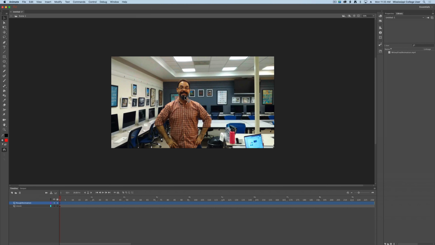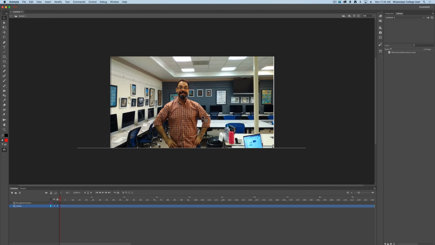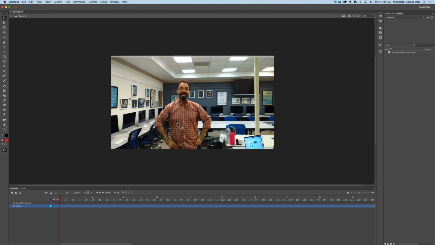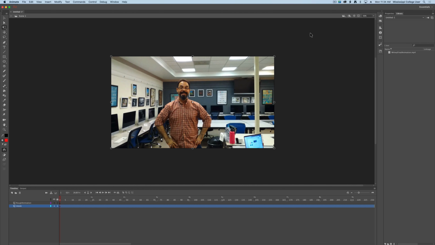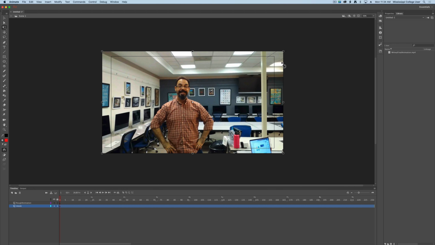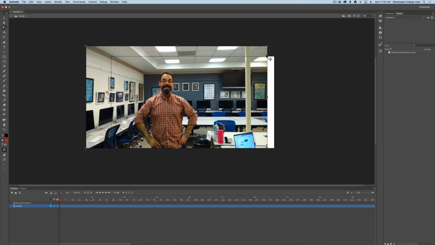Now, one thing you may want to do before we jump into rough animation is to select your movie symbol and place it exactly where you want it to go. So for instance, if I need to make myself larger, I'm going to choose my Transform tool. Let's scale it up just a bit. Do make sure you hold down Shift. And I'm also going to move mine over just slightly